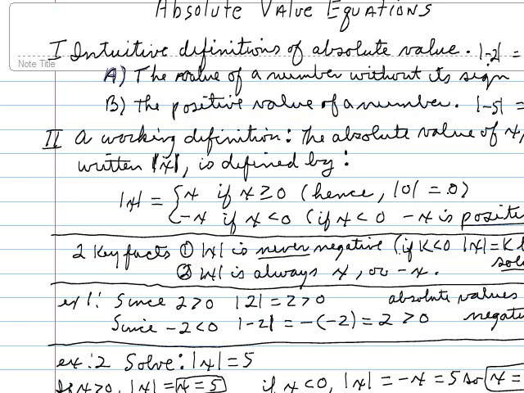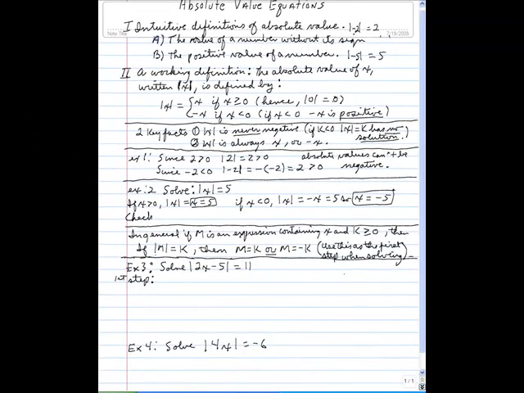And then the absolute value of x is negative x if x is less than 0. So what you can conclude from that is if x is less than 0, that means it's negative, so negative x would be positive. So in either case, the absolute value of a number is positive,